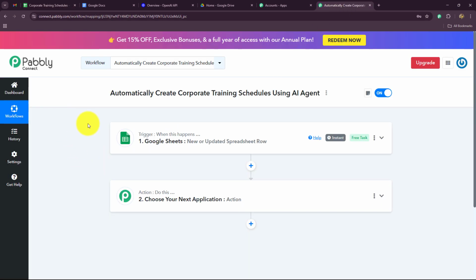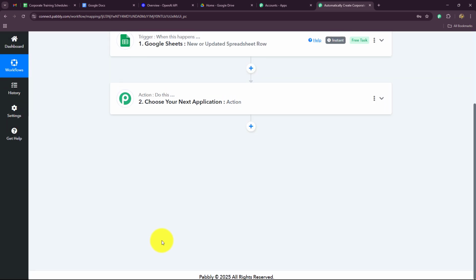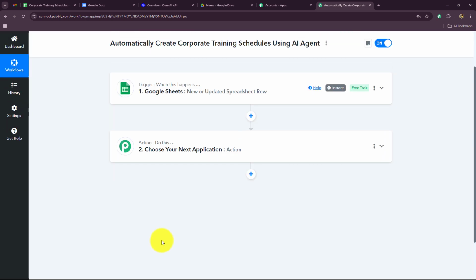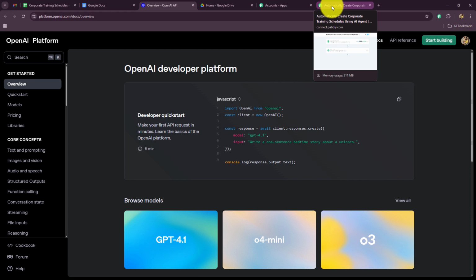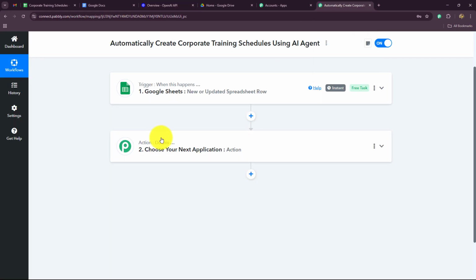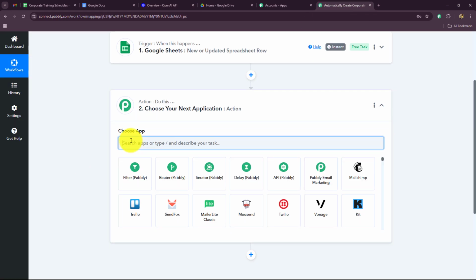So after setting up the connection fully between Google Sheets and Pabbly Connect, let's move forward towards generating the schedule that we require to be added in the document for the training of our employees. And we are going to do that with the help of our AI agent, that is OpenAI in my case. But if you are using any other AI application as your AI agent, you can also select that in your action application. So I'm going to select OpenAI